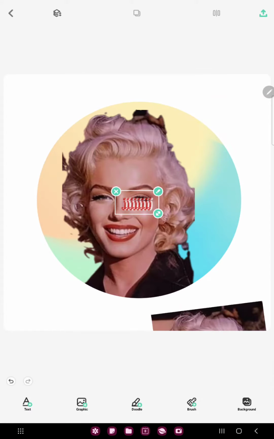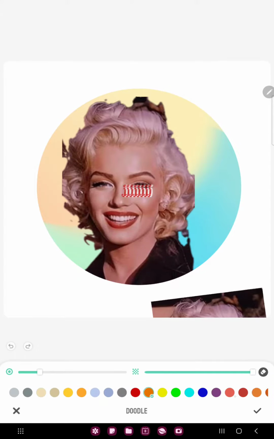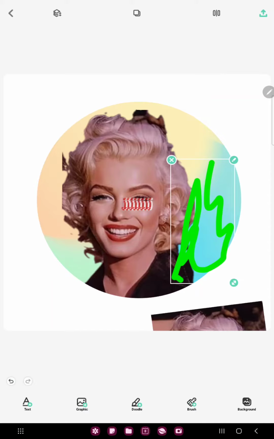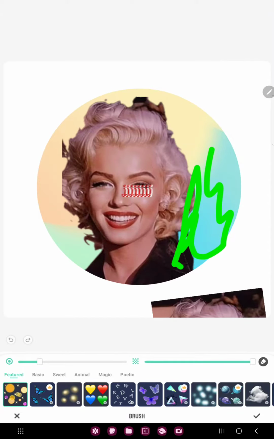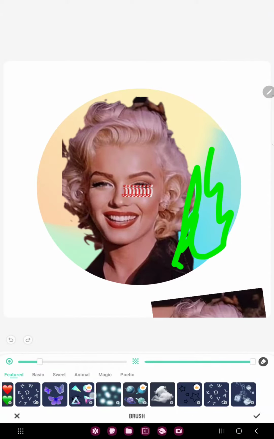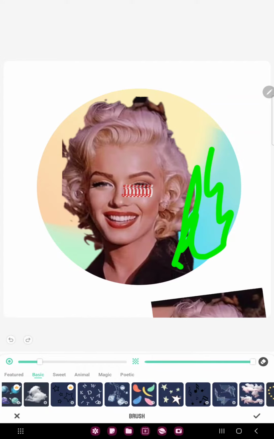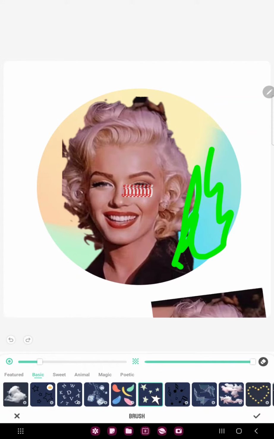If you want to draw, just click to the doodle button and you can draw to your project. And if you go to the brush section you can find different objects, and for example click to the stars option, and you can add stars to your